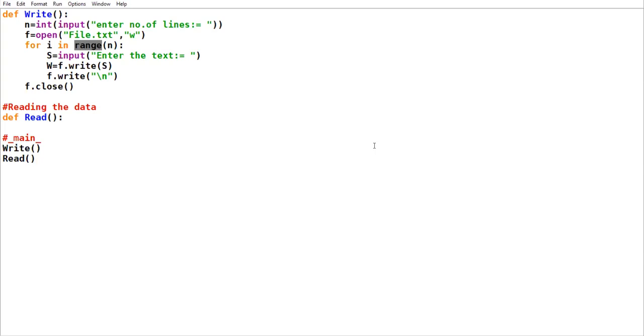Suppose roll number 2 is Amit. Teacher has two options. Directly saying, Amit, are you present? Amit, are you there? Second option, roll number 2, raise your hand. When teacher is using the concept of roll numbers, teacher is using the range function.